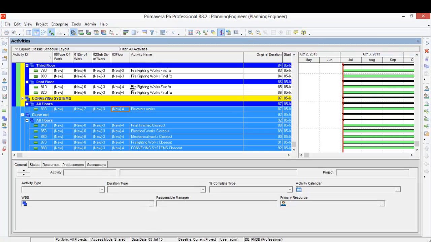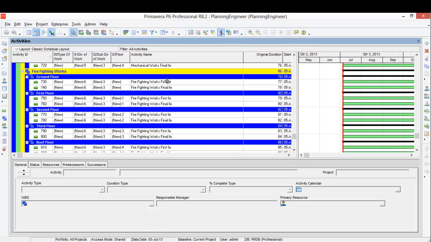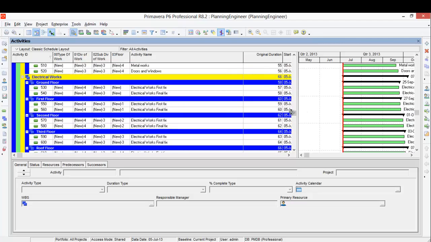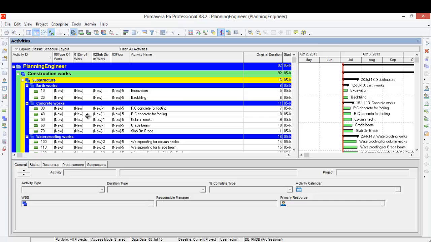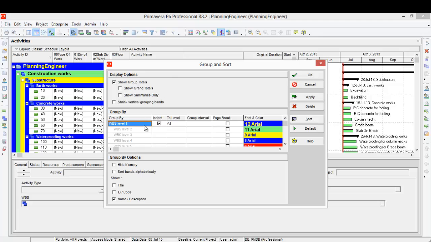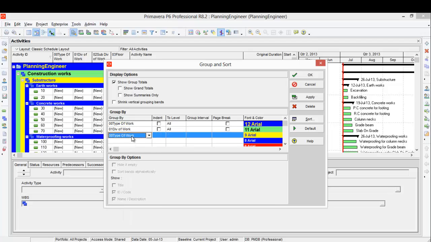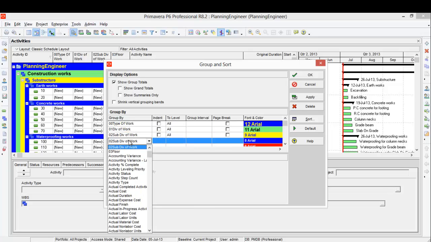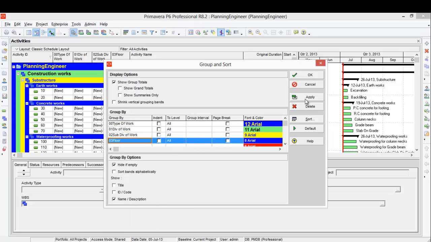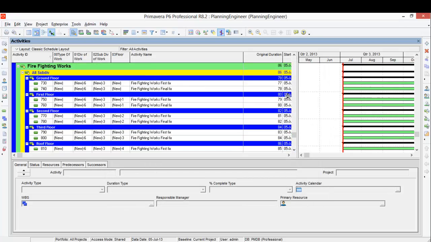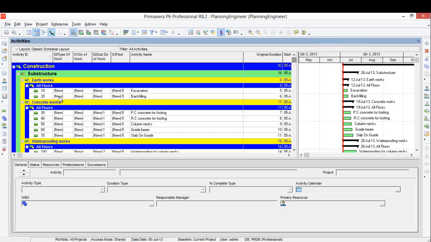Now let's see how to show the layout of activity codes. This layout we see now is for WPS. As I told you earlier, we can change this one. I'll just delete this one and I'll start putting the activity codes. So 0, then I'll type 1 here, then 2, then 3, and let's see what's the difference between two of them. This is now the layout I can see with the activity codes.